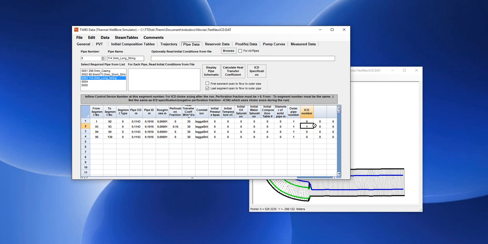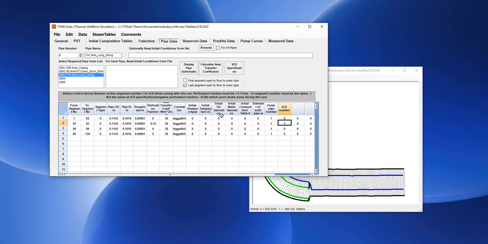So our intent currently is to run this program TWBS with this perforation fraction and see what the flow rate is in the distribution between the ICD and the flow at the toe of the tubing. We want to adjust this perforation fraction until we get the required fraction of flow through the ICD at section 93. So given 0.15, when we run this 0.15,